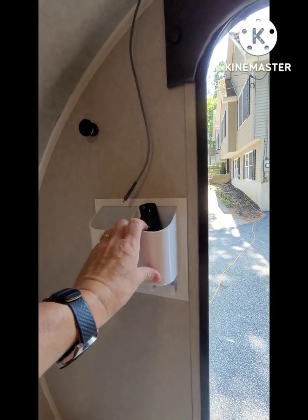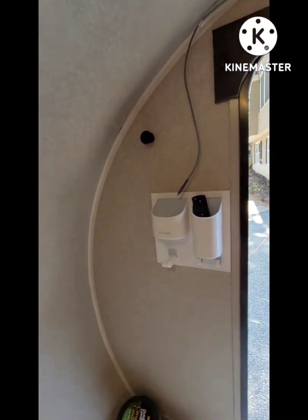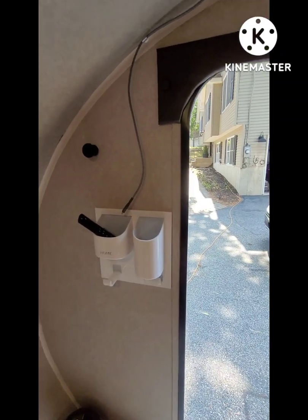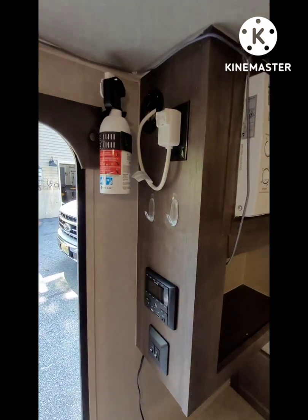It sticks to the wall. We have the remote control for the TV in here. You can hang your hat, whatever else. My cell phone could go in there if it needs to, but usually I'll move this and I'll put my Bud Light seltzer in there, or a bottle of water over here. Put the keys over there,